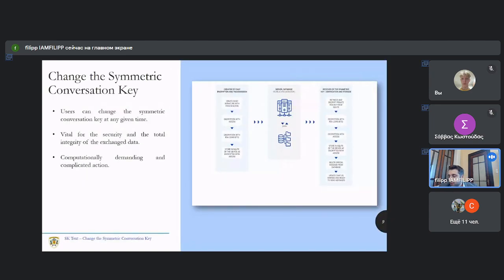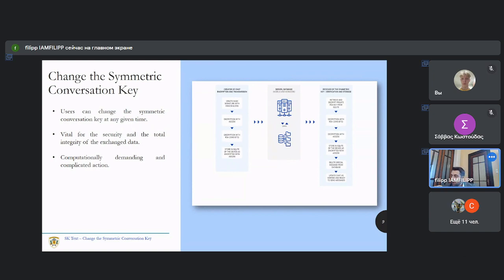Now, a key factor of the entire system is, of course, the change of the symmetric conversation key. In order to achieve this functionality, the SK-Text system provides the ability to users to change the symmetric key of any conversation at any given time.